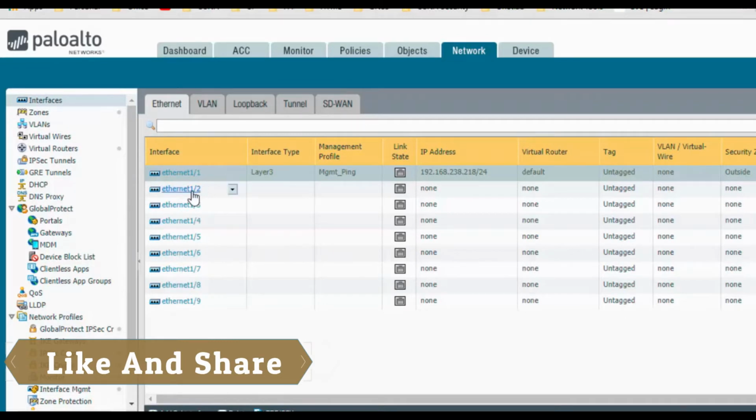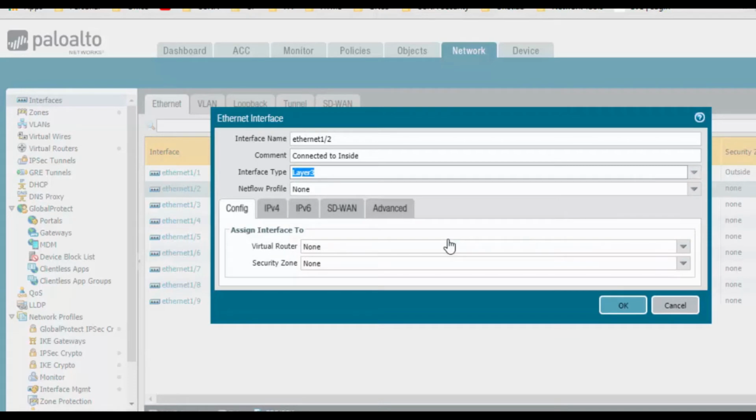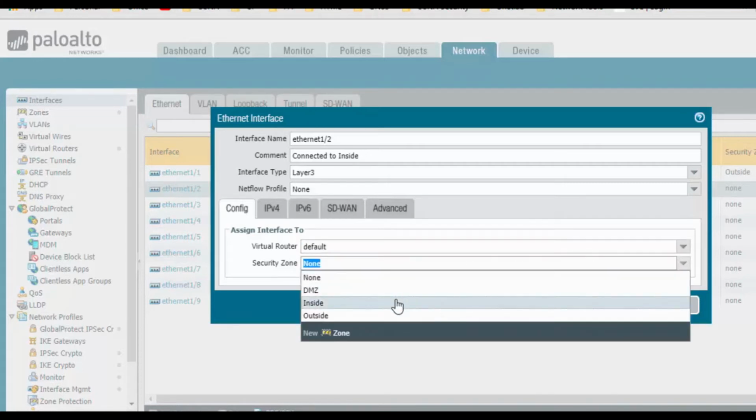Similarly, we will configure ethernet 1/2, that is the inside interface. I can mention it's connected to inside, and the interface type is Layer 3, with the virtual router as default and the security zone as inside.